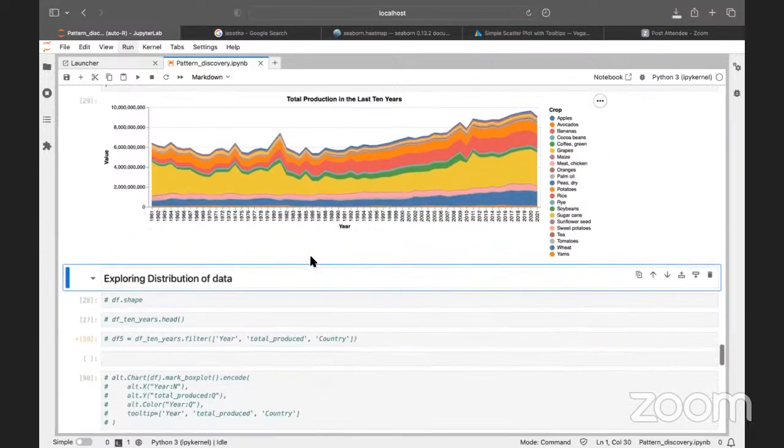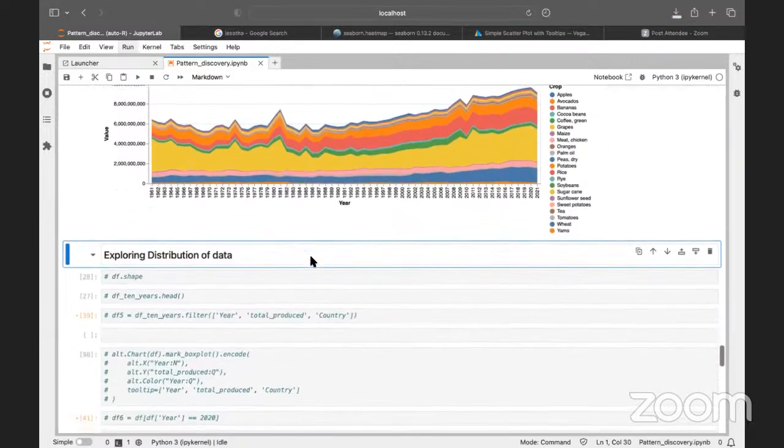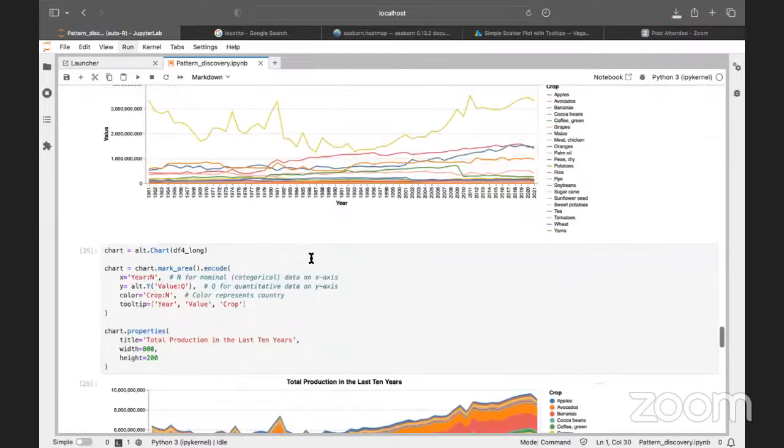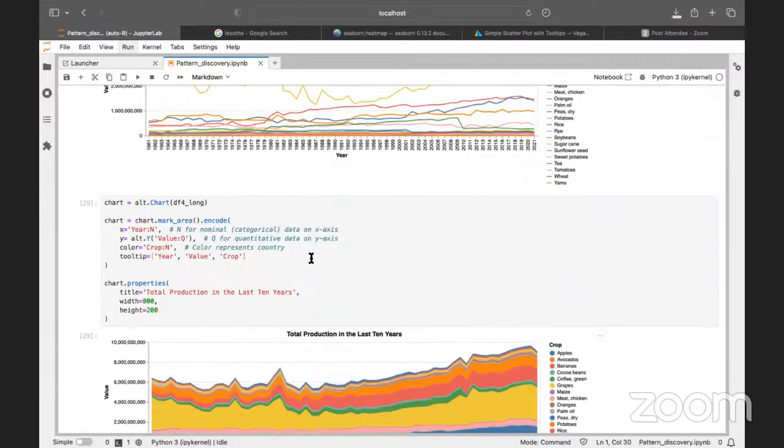So now for today, we'll just quickly look at the distribution of the various data. We want to know how the total production is distributed across the